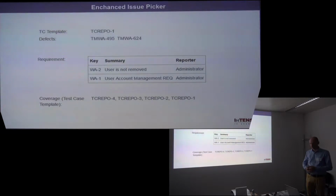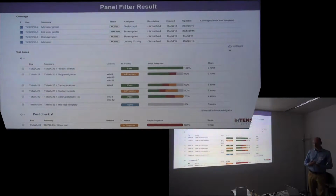which can be used for displaying particular information. And the third element which we provide is universal. You can also use it in other processes and other contexts. As you can see, coverage and test cases are both panels on an issue. If you connect that with the previous one, the enhanced issue picker, which can connect, for example, one issue with many issues, we are also able to flexibly and dynamically in Jira decide that we want a new panel, for example coverage, and define this panel for particular issue types and particular projects. In this panel you define a JQL query, and all the issues found by this JQL query will appear